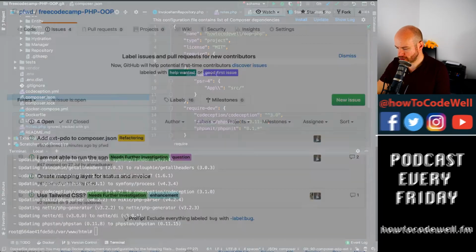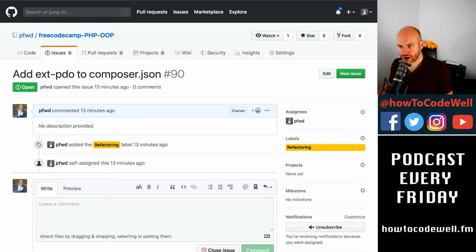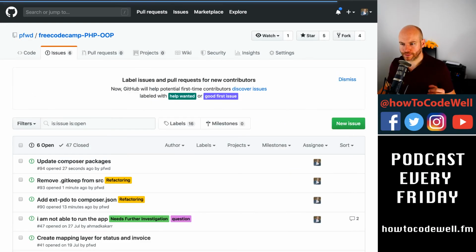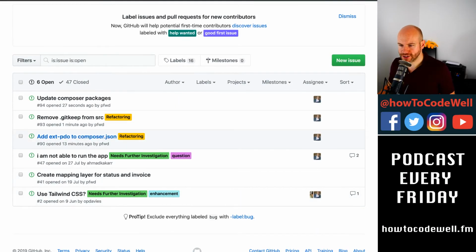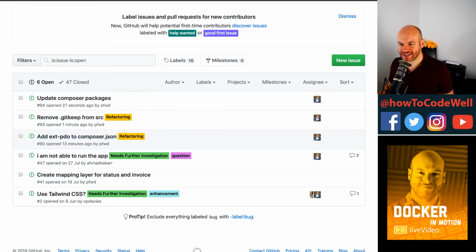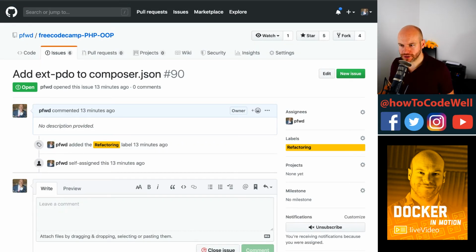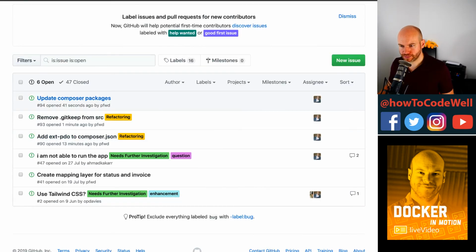Sorry, I didn't actually show you that. Here we go. So we have what I did. I didn't press the right button at the right time. So we have add ext_pdo composer. What I've done is I've just put that in as a separate issue, and we also have update composer packages